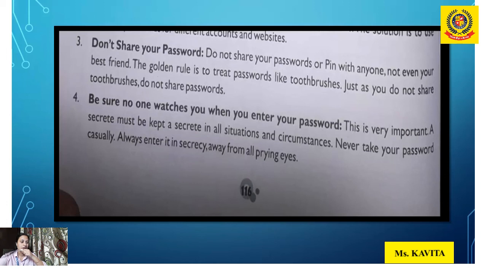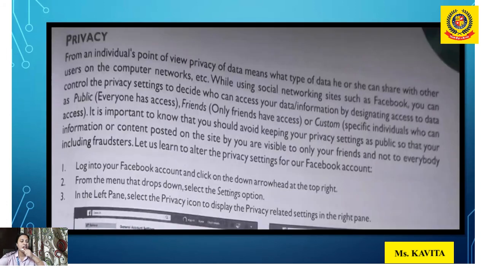Privacy. From an individual's point of view, privacy of data means what type of data he or she can share with other users on the computer network. While using social networking sites such as Facebook, you can control the privacy setting to decide who can access your